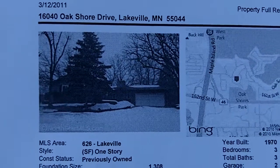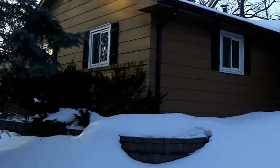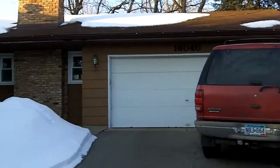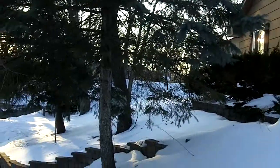All right, this is 16040 Oak Shore Drive in Lakeville. Standing on the front yard, it's got a sloped, curved driveway. Sits up above the street. We'll turn around, look down the street here, down the driveway